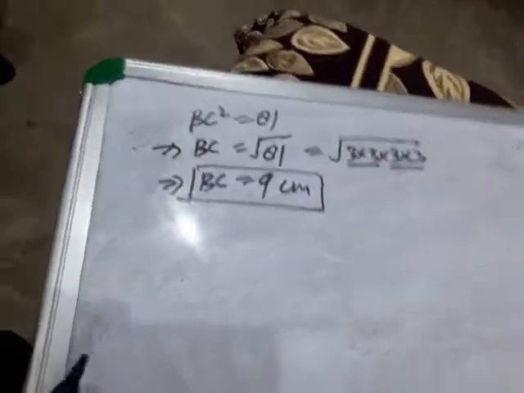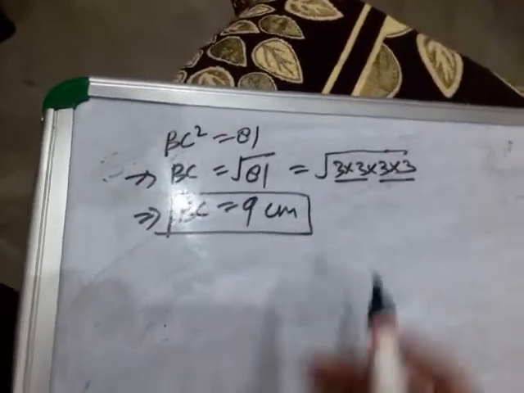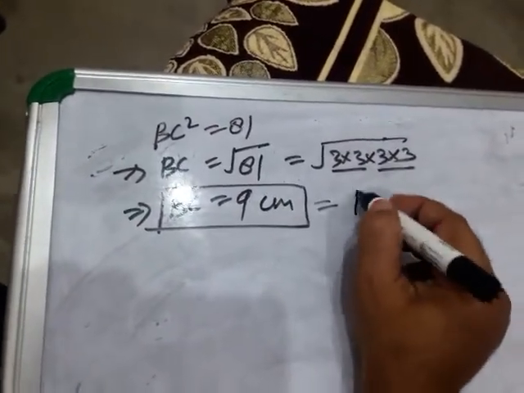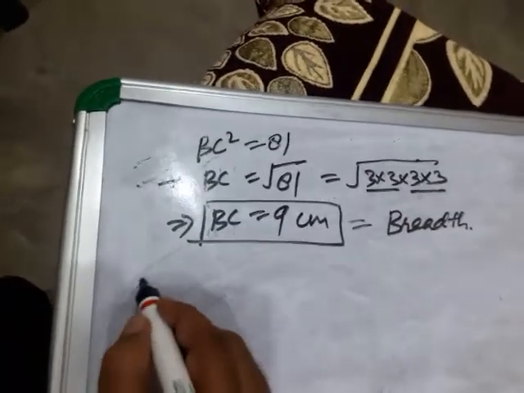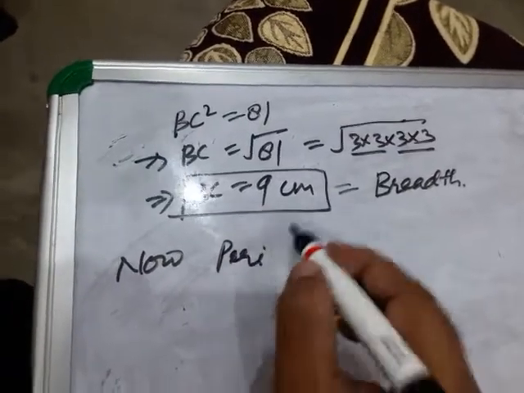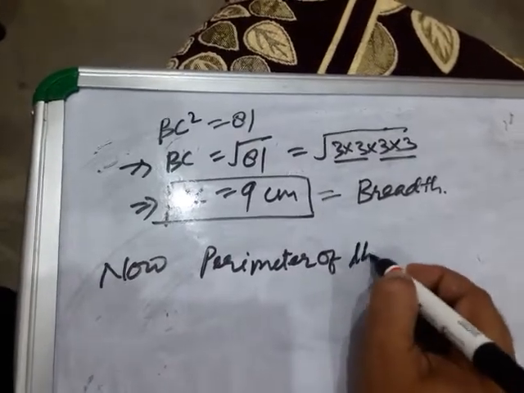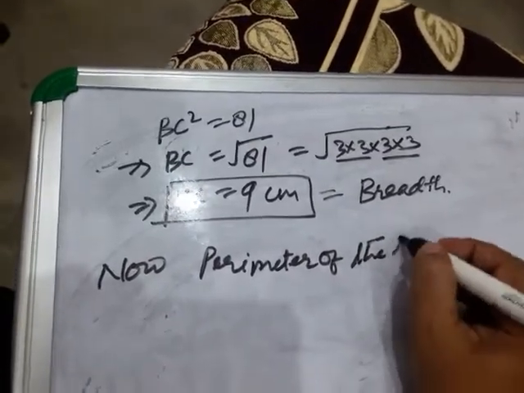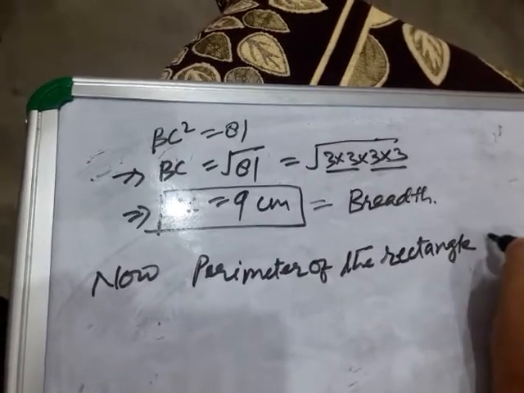What is BC, children? Now BC you have found out to be 9 centimeters, that is the breadth of the rectangle. What is this? This is the breadth. Now the perimeter of the rectangle ABCD